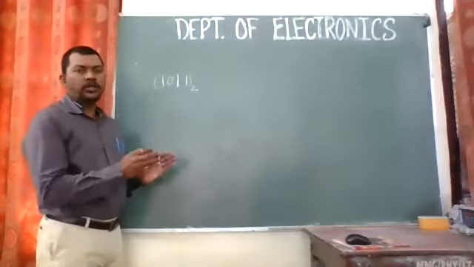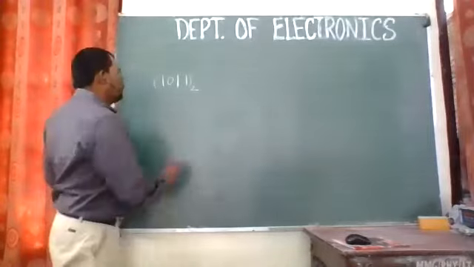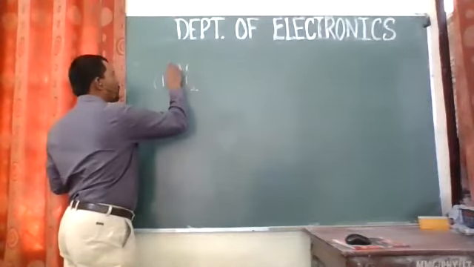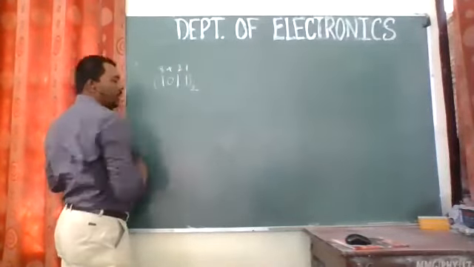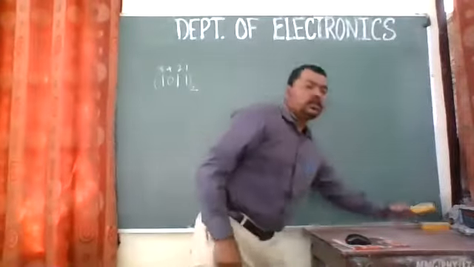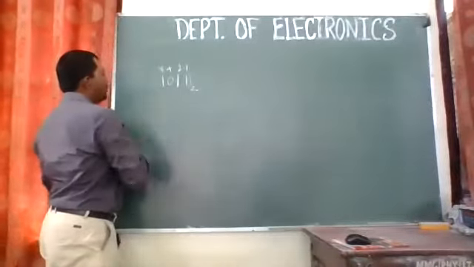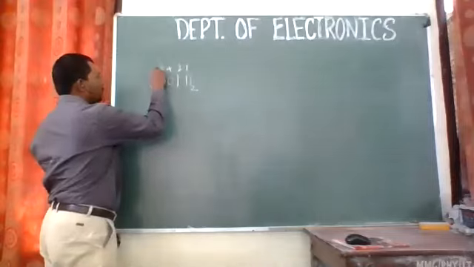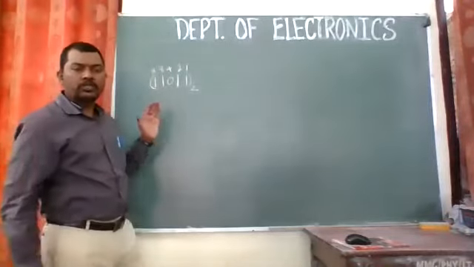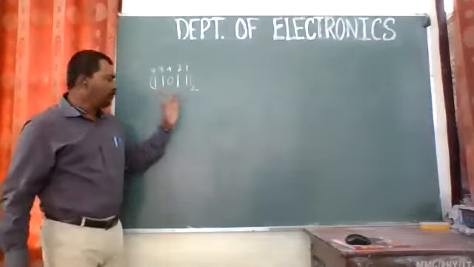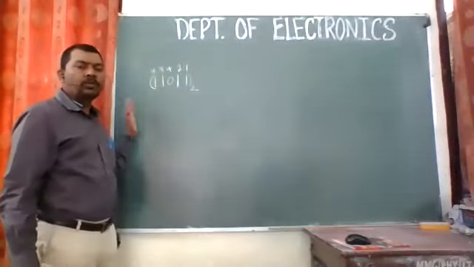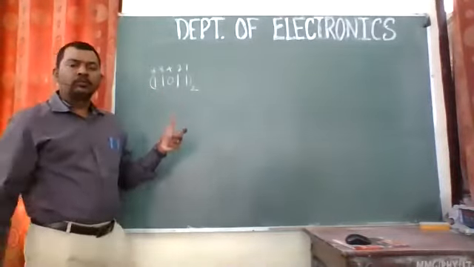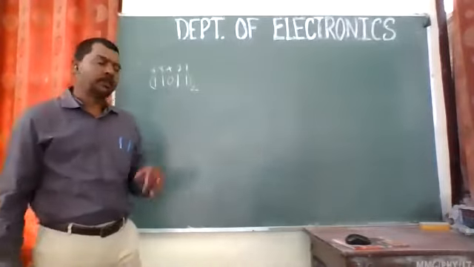So the weightage on each bit of this particular binary number will be: this will have the weightage as 1, this will have 2, this will have 4, and this will have 8. If I take one more number over there, the weightage will be again 16. So I take 1 over here, so the weightage over here is 16. So we have this sort of a binary number, and we go on putting the weightage of it, and then we add those numbers. Wherever there is one, we add all those weightages and we convert it into a decimal number.